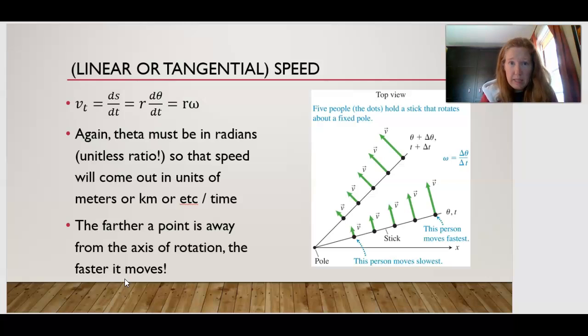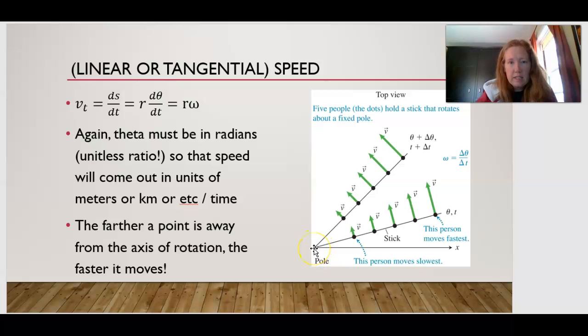When we look at speed, the direction is going to be tangent to the circle, and the speed is going to be in meters per second, or kilometers per second, or feet per second, whatever. You would take the radians per second and just multiply by how far this point is from the axis of rotation. So in this example, you have kind of a maypole situation maybe,